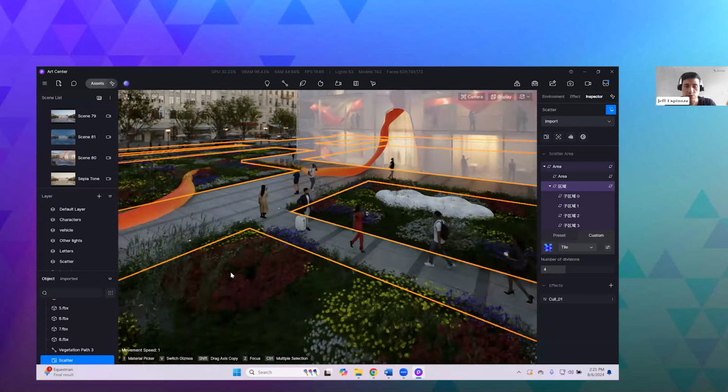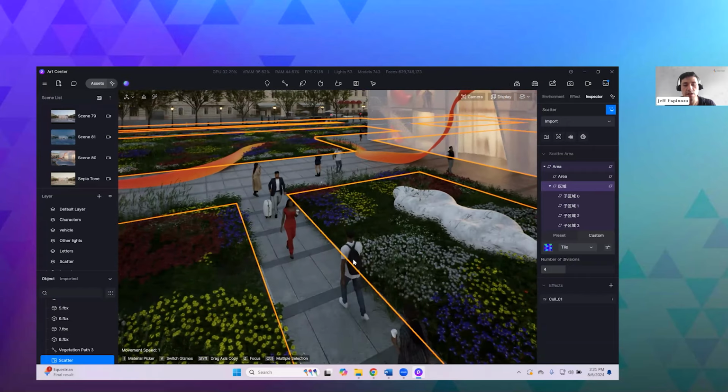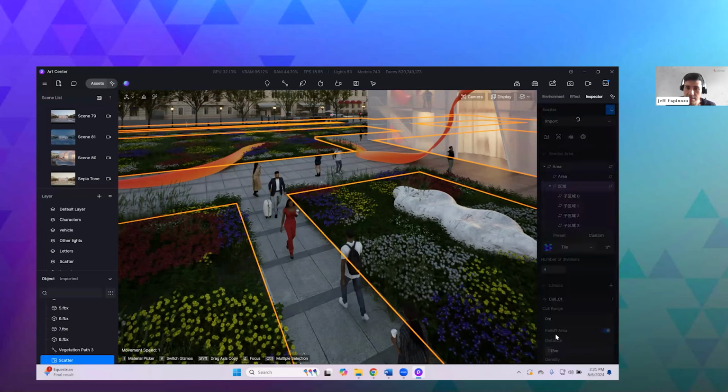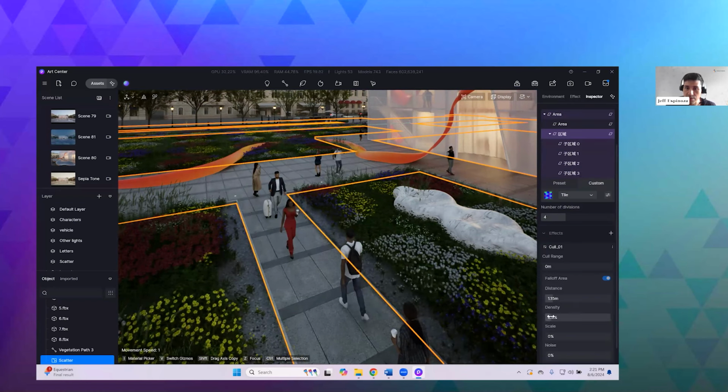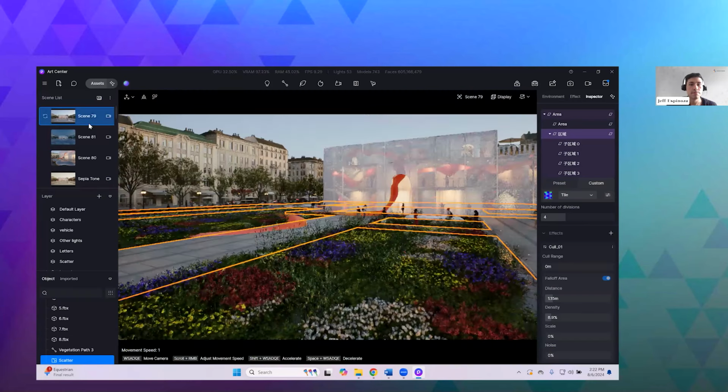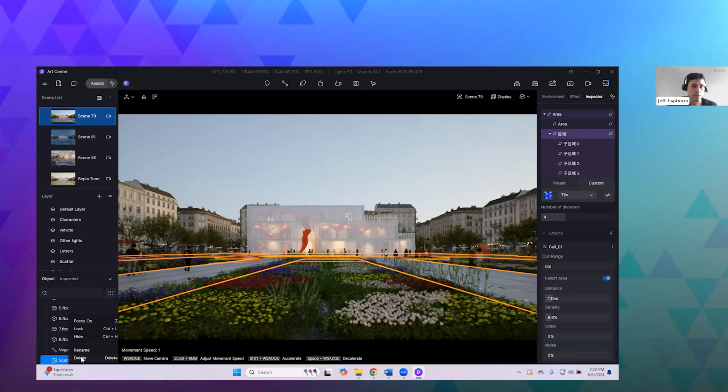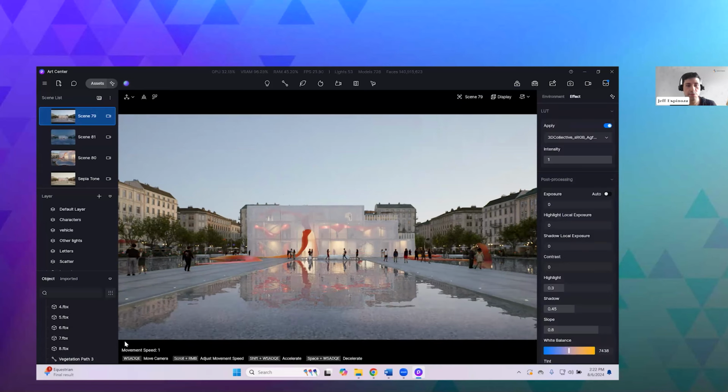And so you might want to do this for, again, walkways, or if you want to create a smoother transition between the built environment and the landscape, you can utilize this culling effect, click on it, and then you can turn on a fall off area. So now I can increase my distance and start to play with these values in order to get a more natural fall off between the landscape and the hard environment. So again, it's a pretty powerful feature, but it's pretty intuitive and easy to pick up and can drastically change